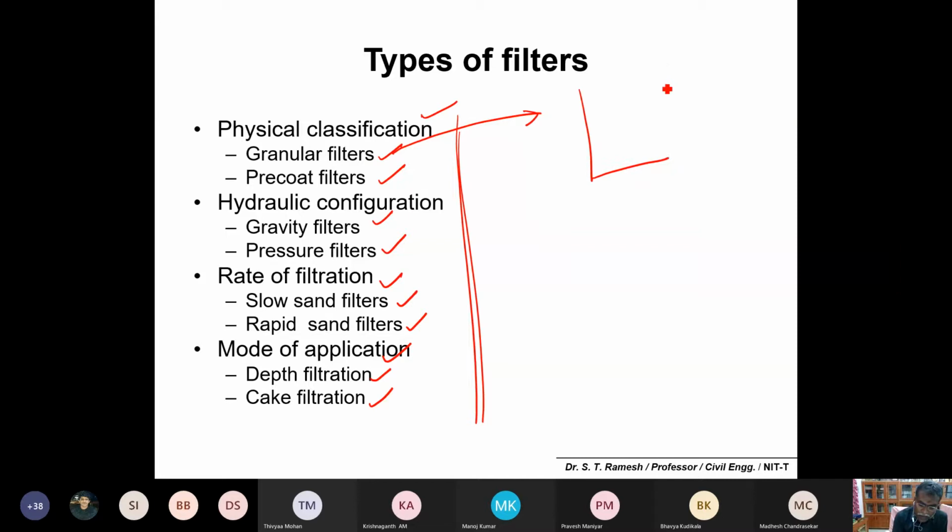A granular filter is very simple. You have different layers of sand, starting from, for example, gravel, a somewhat bigger soil layer, and also a finer soil layer. Different, stratified layers of sand and other material are packed continuously. You allow the water to pass in, and any solids will be trapped onto the surface, or sometimes trapped in the interstices between the soil particles. That will come back later. And pre-coat filters use diatomaceous earth.